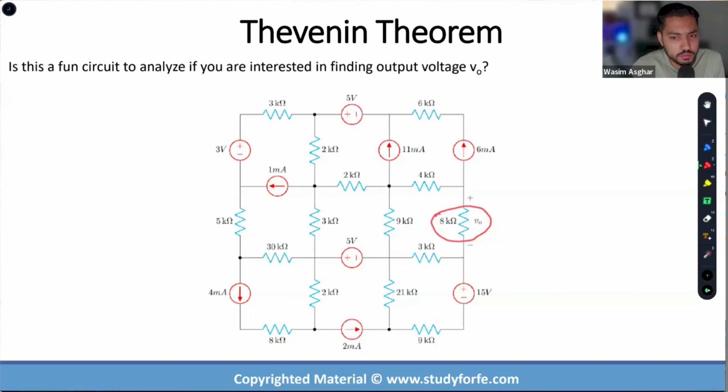Let's say you are presented with a circuit that is as intimidating as this one. And the question is simply asking you to unlock the value of V naught, right? And you're like, how will I be able to solve for V naught in such a messy circuit? And the concept is that this entire messy circuit can actually be reduced to this if you properly use Thevenin